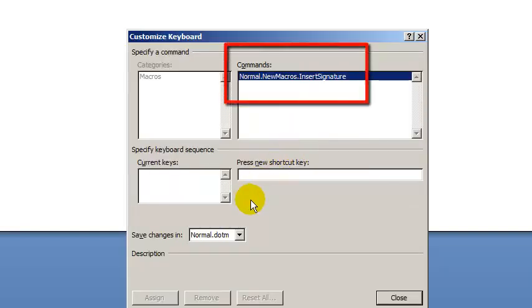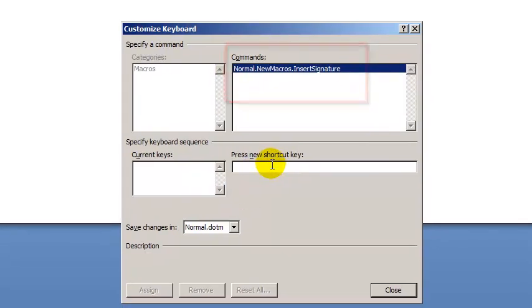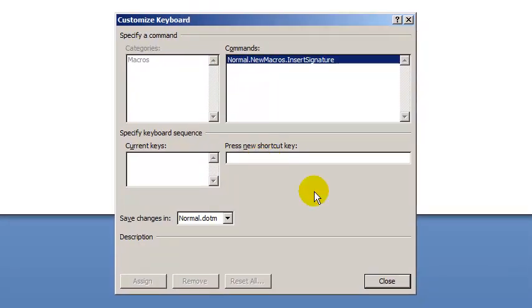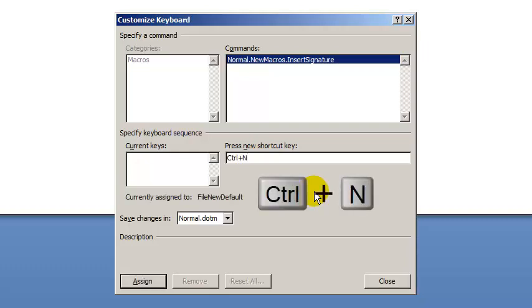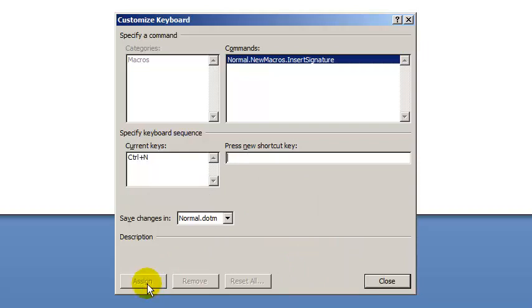Select the macro that you're recording in the command box. For this example, we will use a shortcut key Control N. Press assign. You will see on the right the command has been chosen. Click OK, click close,